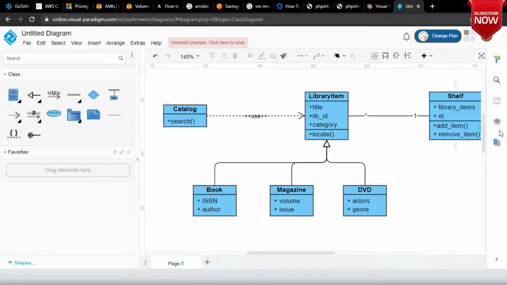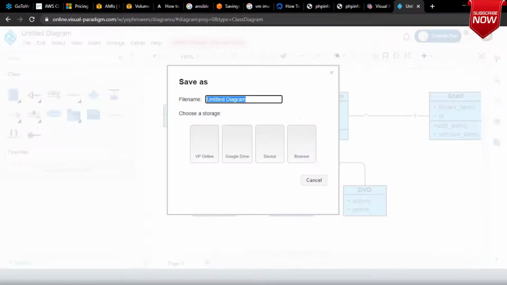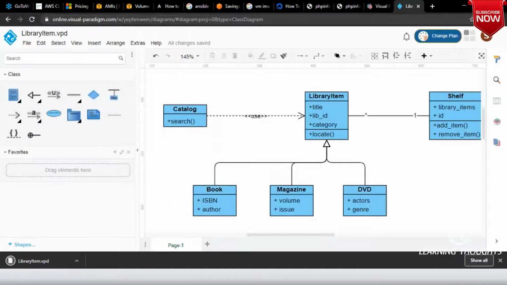Okay. Why do you keep items in add item as brace? See, operations will have braces. Your methods will have braces. Okay. Your characteristics will have braces. Your behavior will have braces. That's the basic stuff. Now, are you looking at this image? Now I can file, save this image, right? So I can basically save this image as a library item. Okay, and I can save this on my device.